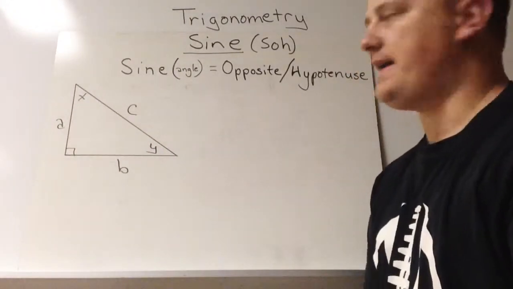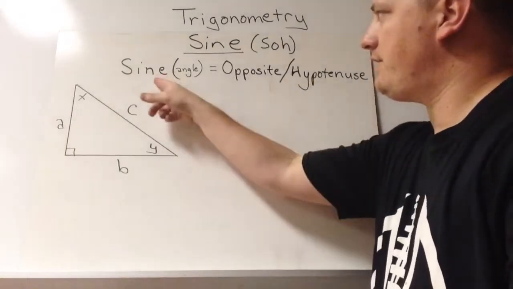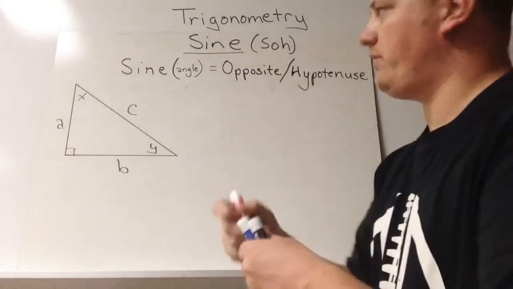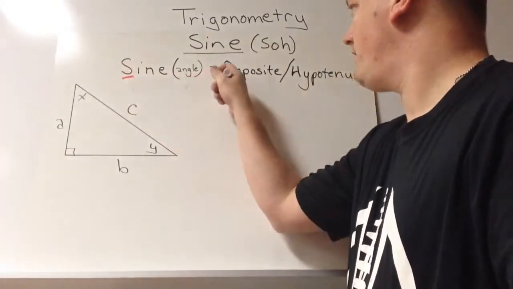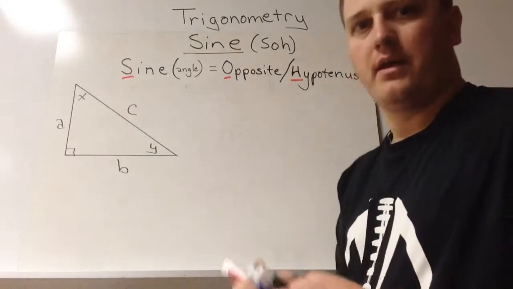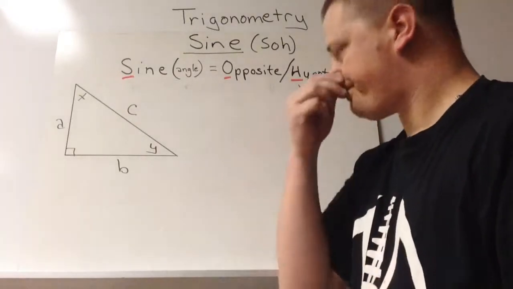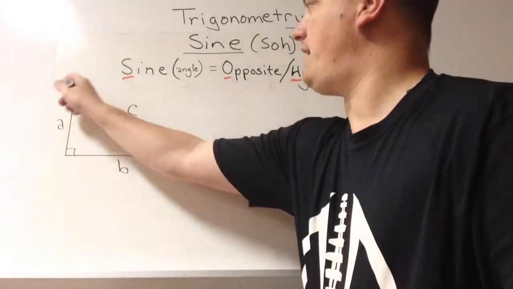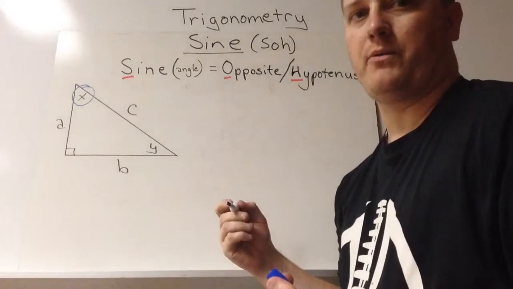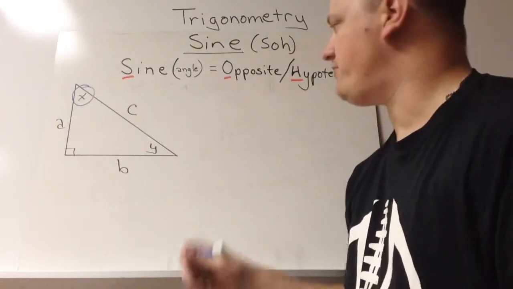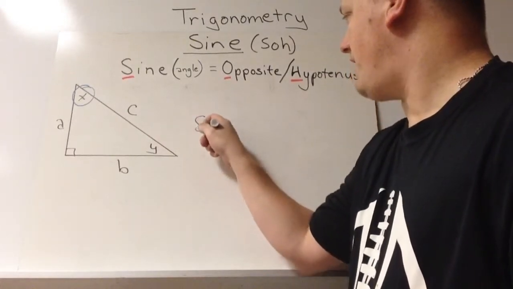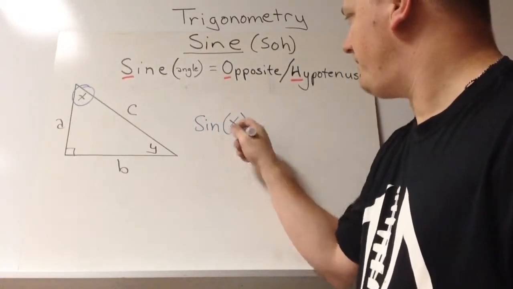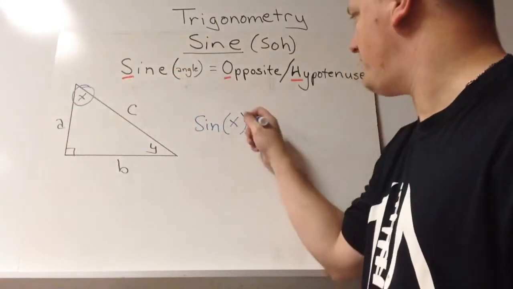So first we're going to look at sine. All sine problems look like this. Sine of an angle equals the opposite divided by the hypotenuse. So we just need an angle to start with. So let's use angle x. The math problem that we would set up, using the calculator abbreviation, would be sin of x, x is our angle that we're working off of, equals,